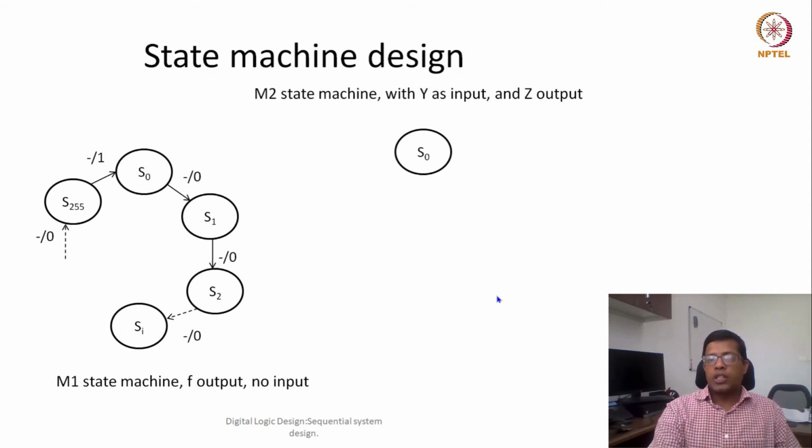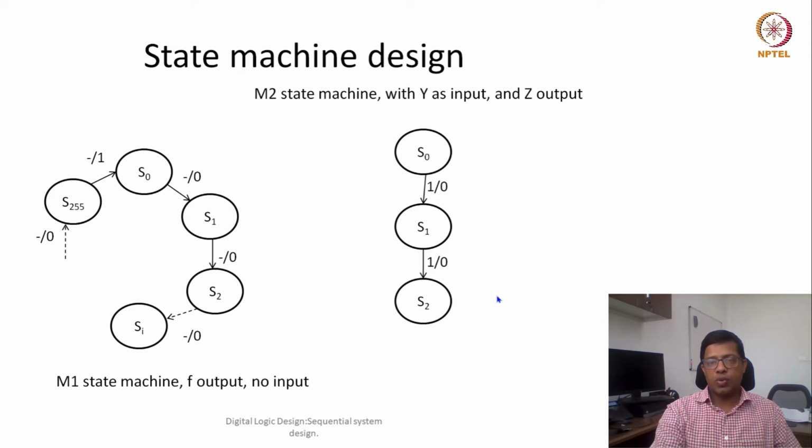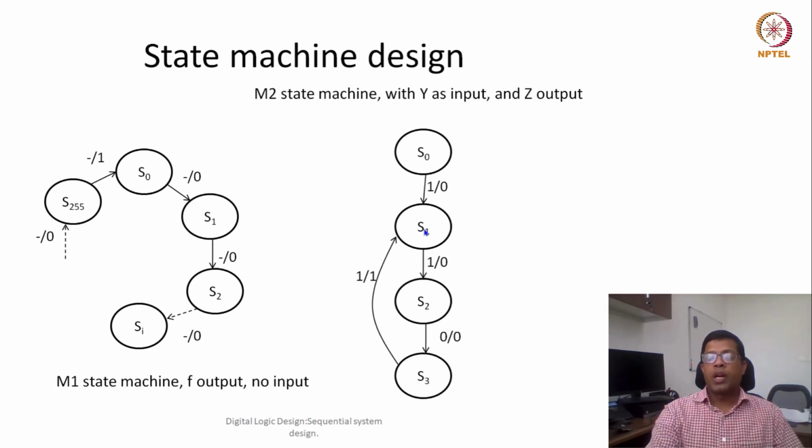Okay, just try to remember the pattern is 1101. From S0 state, which is my initial state, if 1 comes, I'll move to S1 state, output is 0. When another 1 comes, I'll move to S2 state, output is 0. When 0 comes, I'll move to S3 state, and then when another 1 comes, I have to move to S1 state, because at least one of the ones has been identified. So output is 1. This way we are able to identify our pattern 1101. Okay, so now this pattern has been detected.